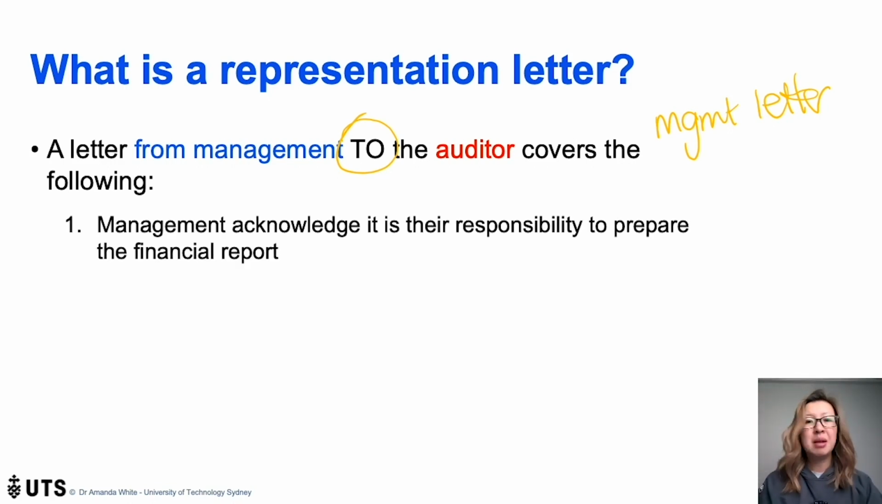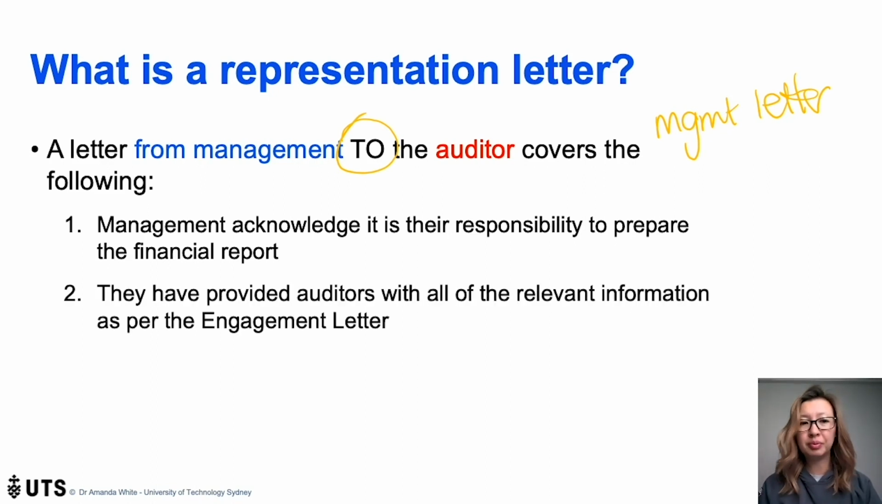The first one, management say it's their responsibility to prepare the financial report. Corporations Act says this, the auditing standards say this, the accounting standard says this, the engagement letter says this, the director's declaration says this, but again, this is one more chance where we remind them it's their responsibility and we provide suggestions. The second thing is that we provide auditors with all of the relevant information per the engagement letter,